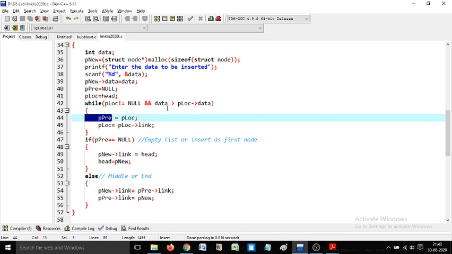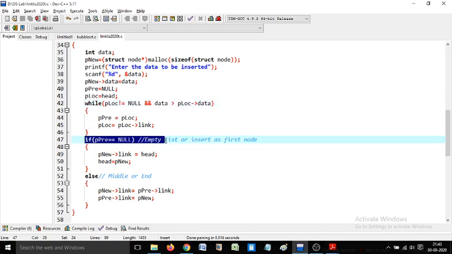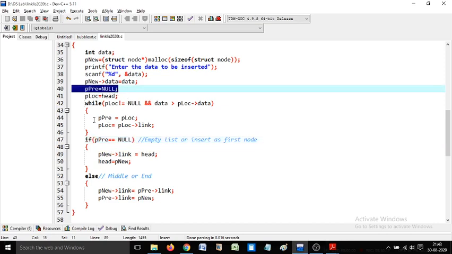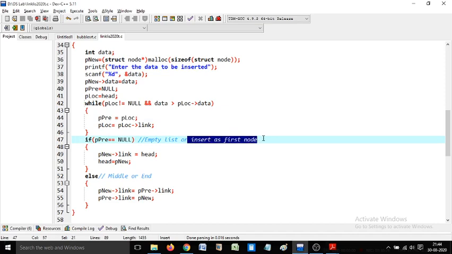Okay, so this loop will end in either of these two conditions: either p location becomes null, or the data we are trying to insert is not larger than the current data in the list. Now what has to be done after this? We check which condition ended the loop. If p3 is null, which means no change happened to p3, it has not even executed once, so it remains null, which means it must be an empty list, or we want to insert as the first node.